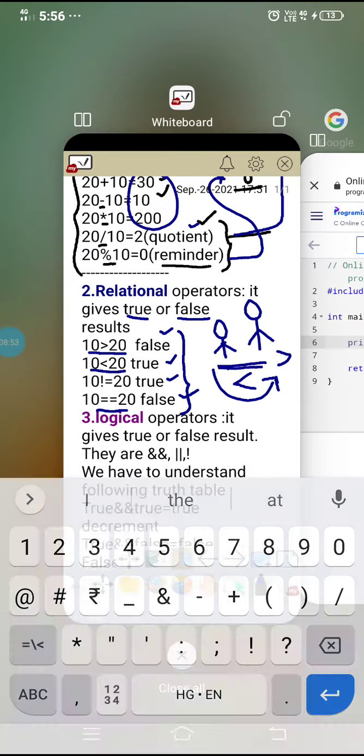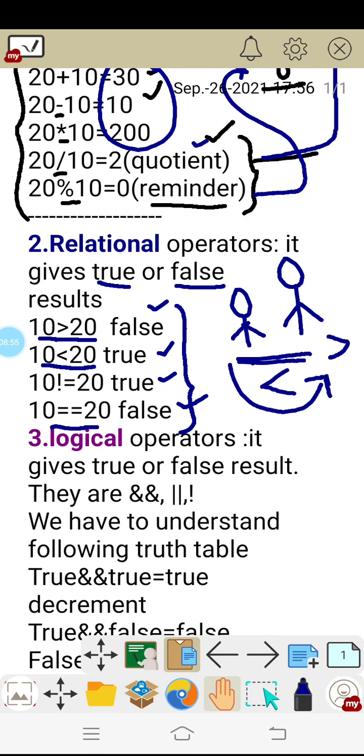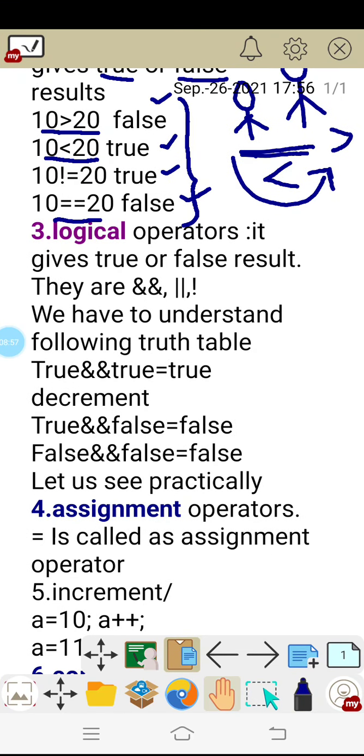Let us go for the theory and understand otherwise. So logical operators, these will also give what kind of results? Either true results or false results. And this is the logical AND operator. There are three operators: logical AND, logical OR and logical NOT operator. We already know from our previous classes in 9th or 10th standard the truth tables.